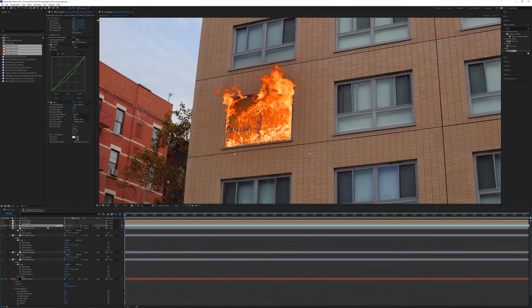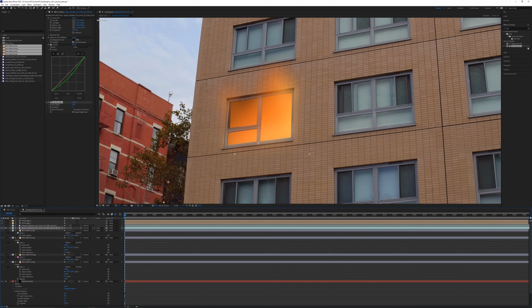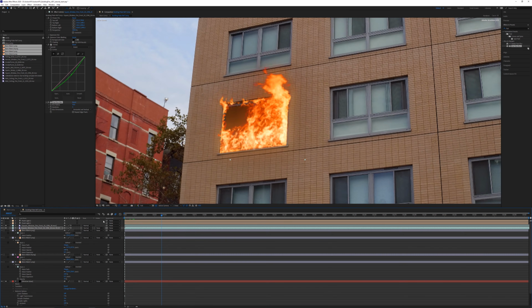Then we can take a duplicate of this layer, and on the layer underneath, we can just call this blur, and then we can remove the glow, and then grab a fast box blur, pull that underneath, and do something like a value of 50. So what that's going to do is give us some ambient glow around the sides, which is going to look a lot better when it's shining on the brick. We're also going to darken this plate down a little bit, and I think that will be a little bit more clear at that point too.